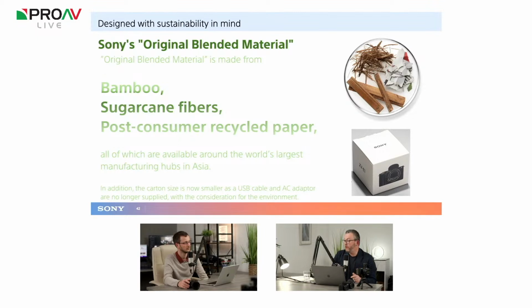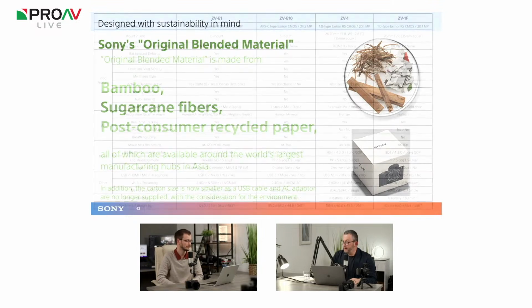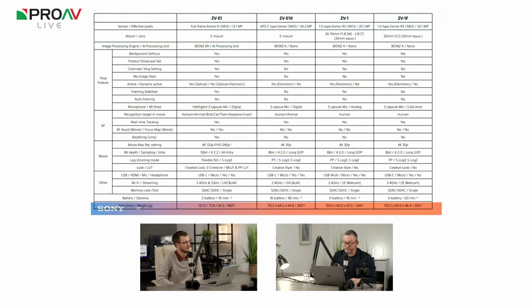But just to highlight that when you do buy this, there will not be a USB cable in the box, to consider the environment, which just to let you know on that one. Sure, it's becoming more and more common nowadays. Yeah. And finally, we'll just go back to that slide of the differences between the 4 cameras here, but